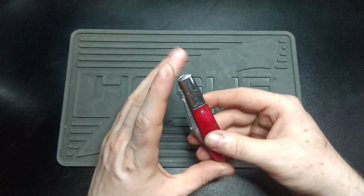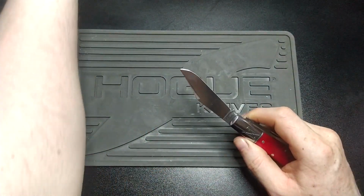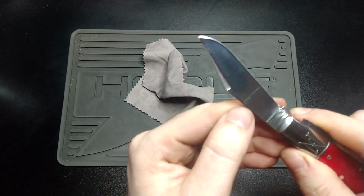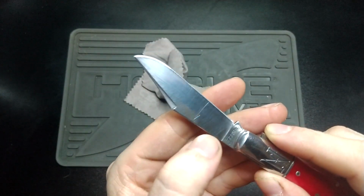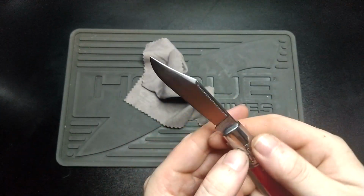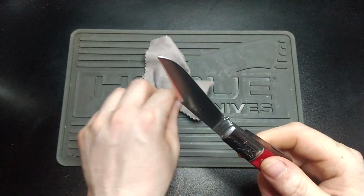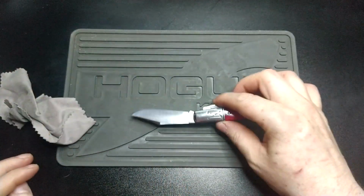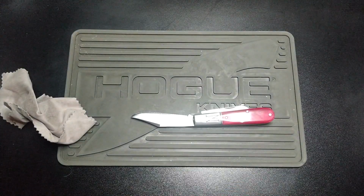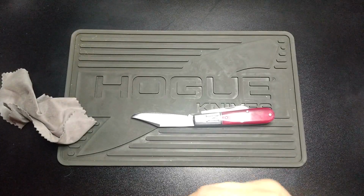So anyway, blade material 1095, edge retention on this, let's give it a go. I've used this a fair old amount. I wouldn't say a crazy amount, but look, it's got dreadful marks on the blade. You can see this here was from where I was cutting through a bit of cardboard or something, and it's just nicked the blade. I think that's the only really markedly bad thing on there. It is a shame, but like I said, I will use my knives very lightly. We're not talking hard duty field work, but it's half the joy for me actually having it in hand,